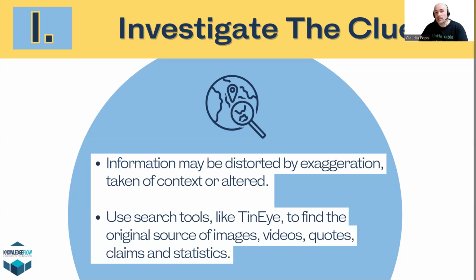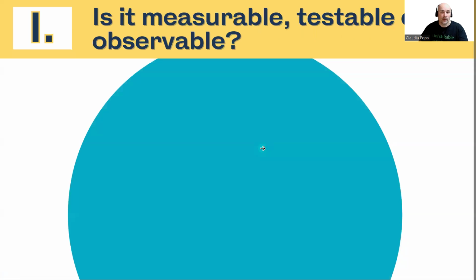So we need to use some of the tools. Luckily, we've got all sorts of powerful tools. One of my favorites is a reverse image search called TinEye. If you see suspicious posts on social media, you grab their profile image, you put it into TinEye, and in some cases, it'll come back with a stock photo of somebody from a catalog because that's a fake account, right? You find the original sources of all of these materials, and then you're playing with power. You turn the tables, right?